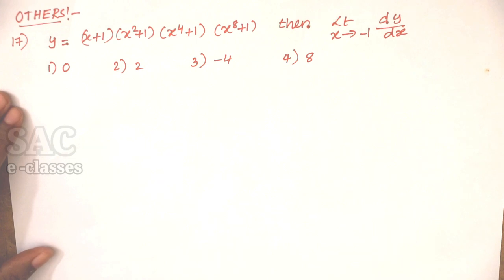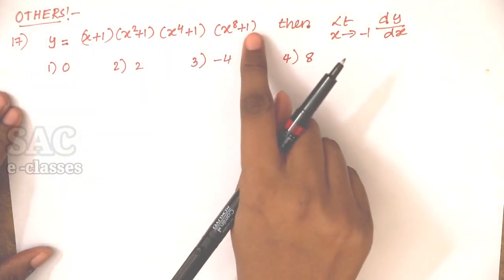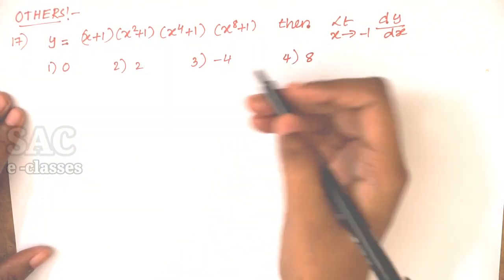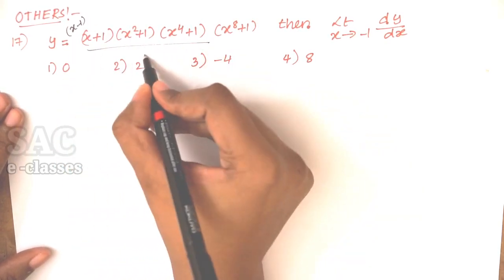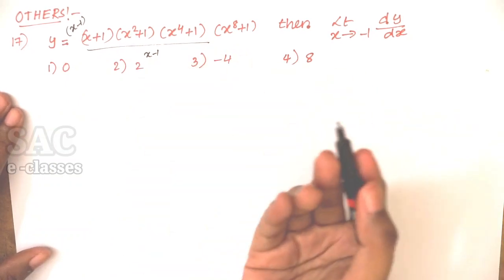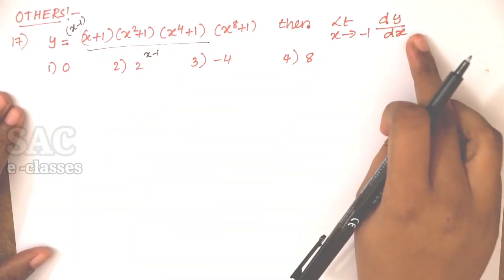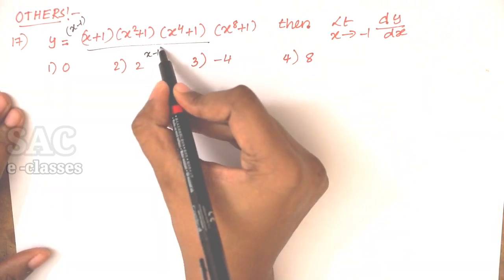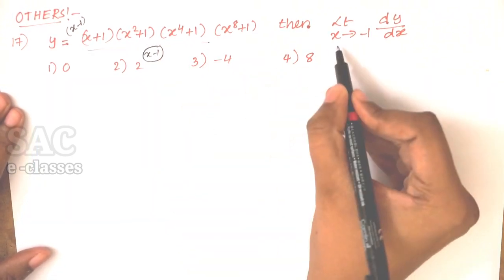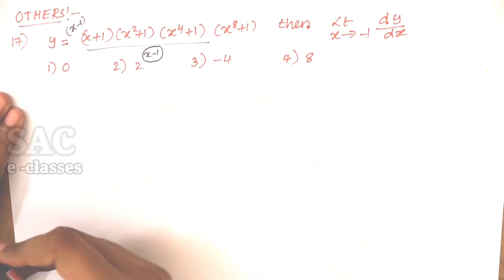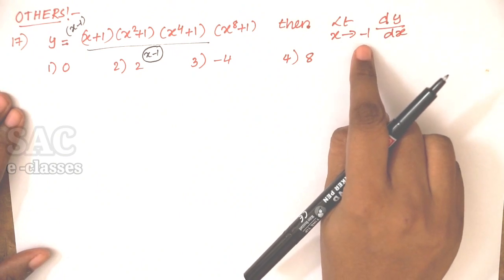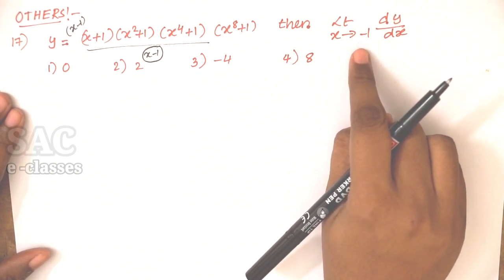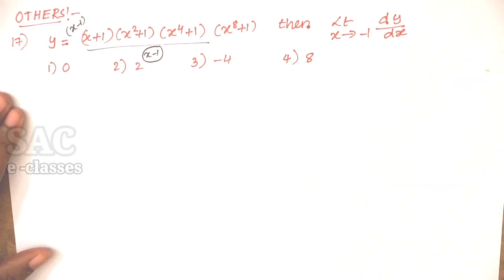Whenever we want to find this kind of a problem, what we usually do is multiply, but multiplication with such very big values takes us much time. If I multiply and divide with x minus 1, it will definitely give a very simple value, and we can find dy by dx. But what about the x minus 1? If you take it, we get a limit that is undefined. So the only way is,